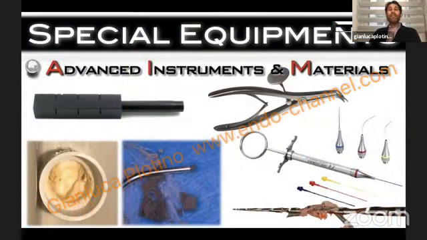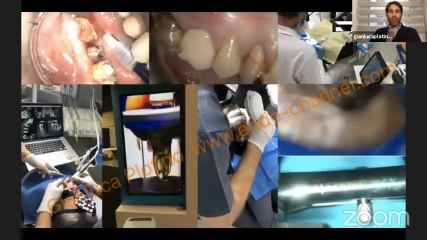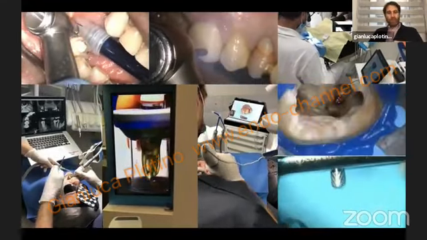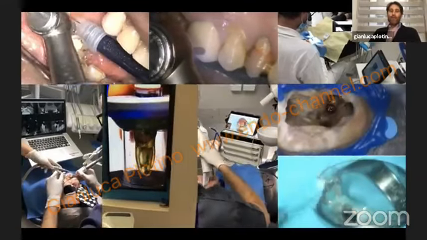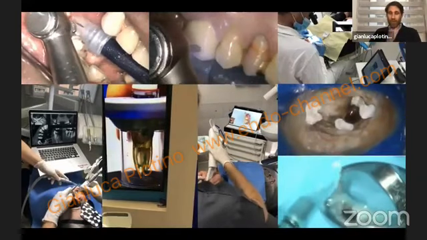And you need advanced instruments and materials, because you need the most recent technology to prepare the root canal through these small accesses, to fill the root canals, and to create the conditions to clean them as much as possible, and to obtain the best results with the minimally invasive approach. And this is very important.